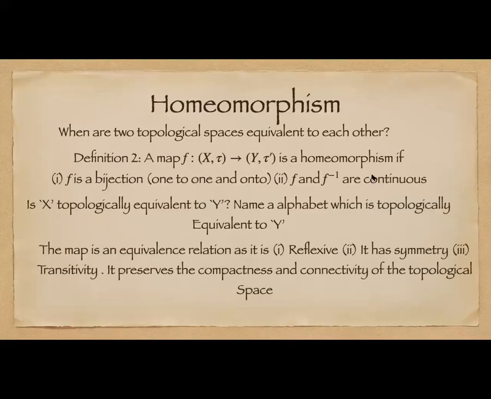Next, what we will learn before we start the concept of compactness, connectedness, and separability is the concept of homeomorphism. When are two topological spaces equivalent to each other? That is one of the questions we want to answer, whether the sphere is the same as a donut or whether the sphere is same as a torus. And to answer that question, we saw that we need some structure, and that structure is the structure of a topological space. We just introduced that structure in the previous 2 slides.